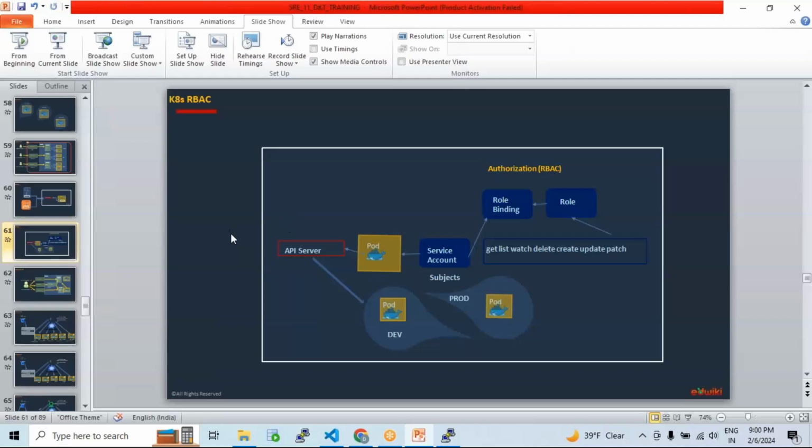Now, if you wanted to access the application, that's a different thing, right? Accessing the application that is running in the pod is not related to administrative. Let's say I have one web application running in the pod. I want to access the application from my browser,